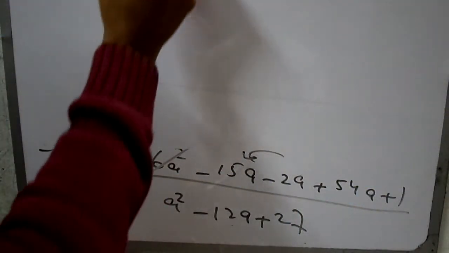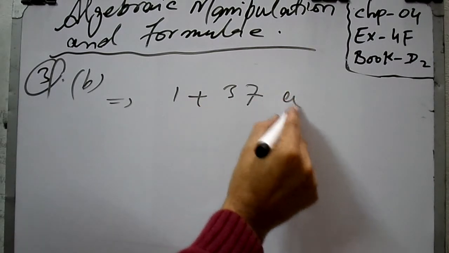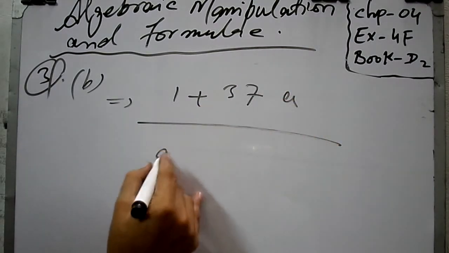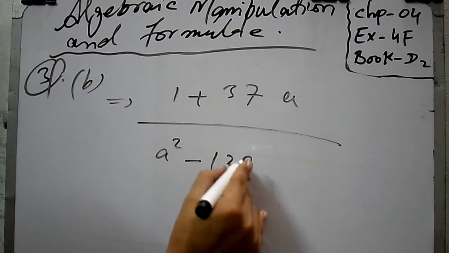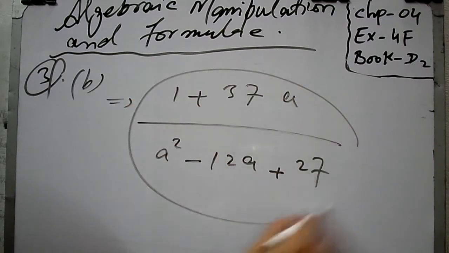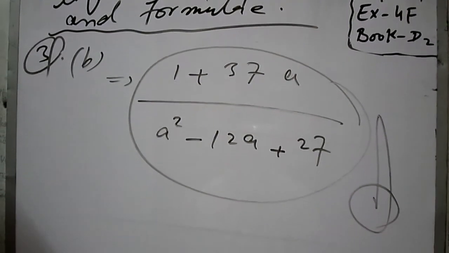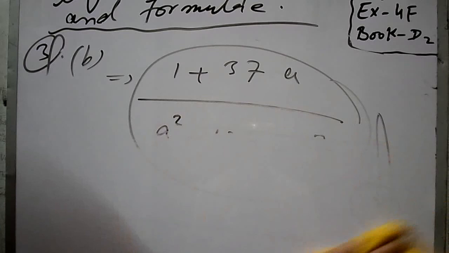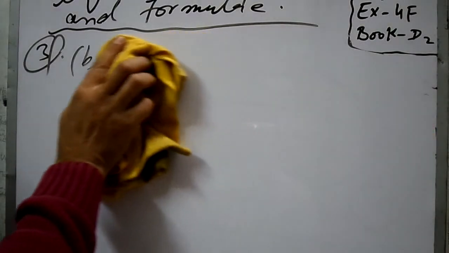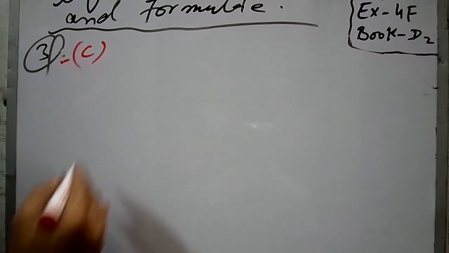So after cancellation and similar terms will be added and subtracted, you will get 1 plus 37a divided by a square minus 12a plus 27. So that is your simplified result. Now coming to the C part. So in C part